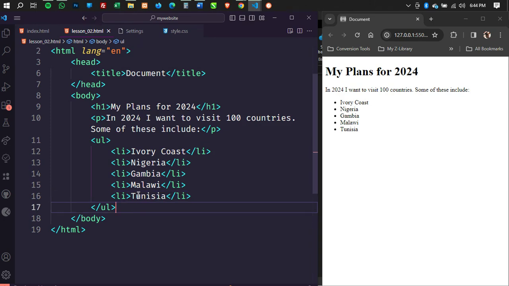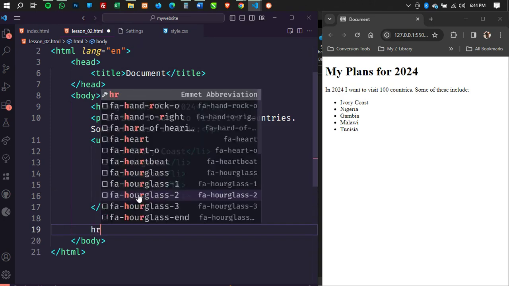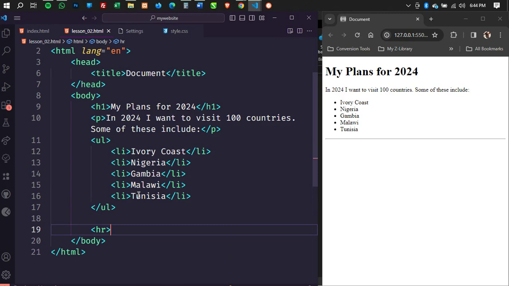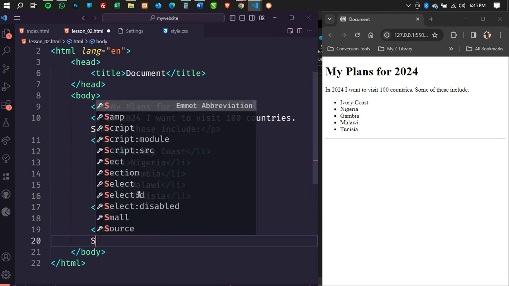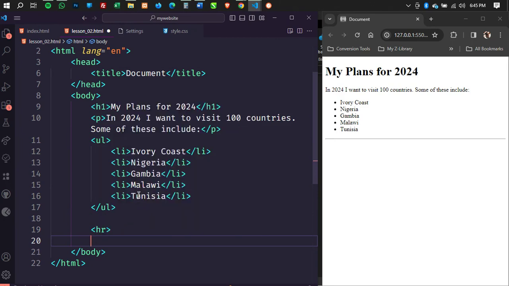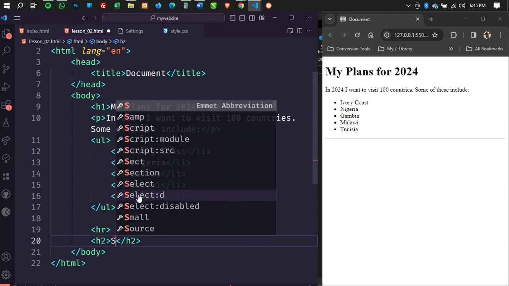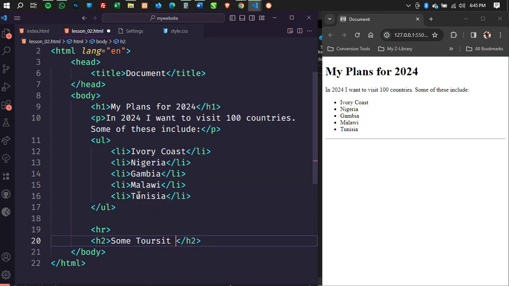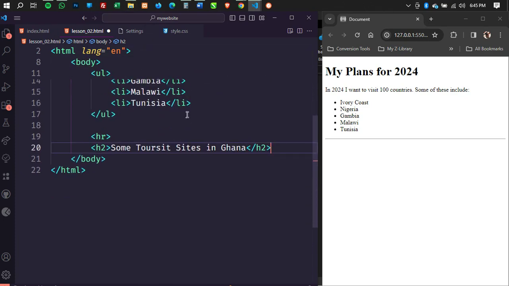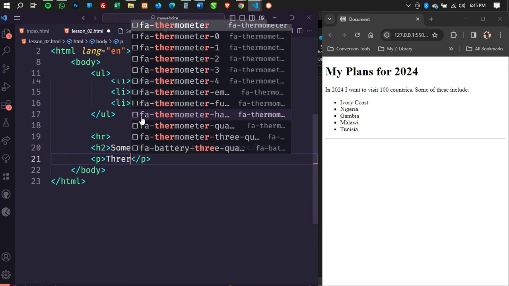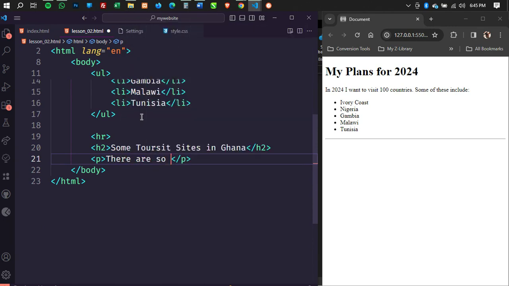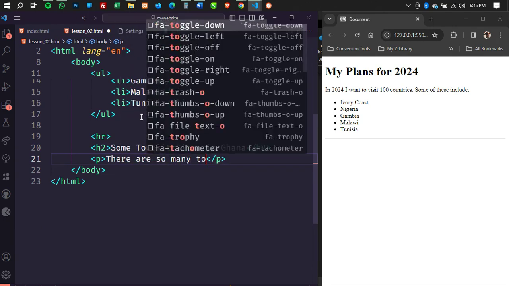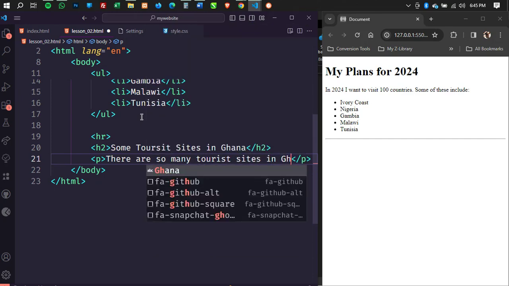And so let's continue. Then let me have an HR element. Then let me have another heading, H2: some tourist sites in Ghana. So when I'm looking at some tourist sites in Ghana, I can have a P: there are so many tourist sites in Ghana.